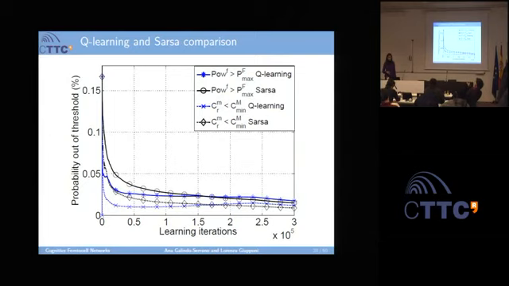Then it's actually impressive, because the probability out of threshold is like 15% even at harsh conditions. So my question is: if you zoom into the region in which your learning iterations start, and if your system can handle say 10% probability, I'm not sure what the numbers are in LTE, then you might actually be able to go much faster. Because the scale is from 0 to 15%. Ah, yes. Yes, that's what I mean. Maybe.